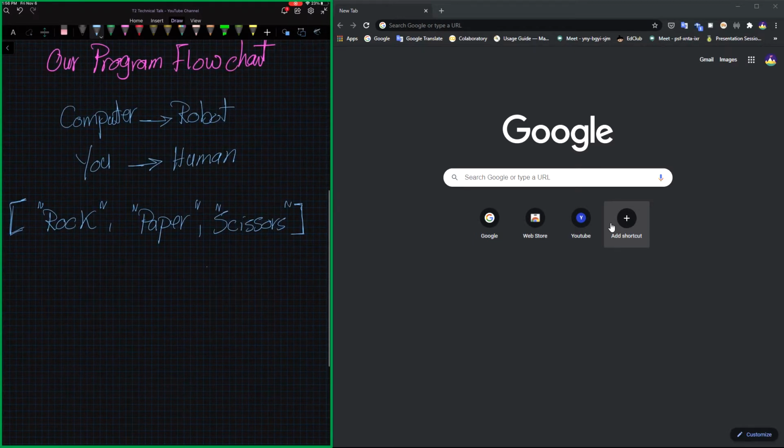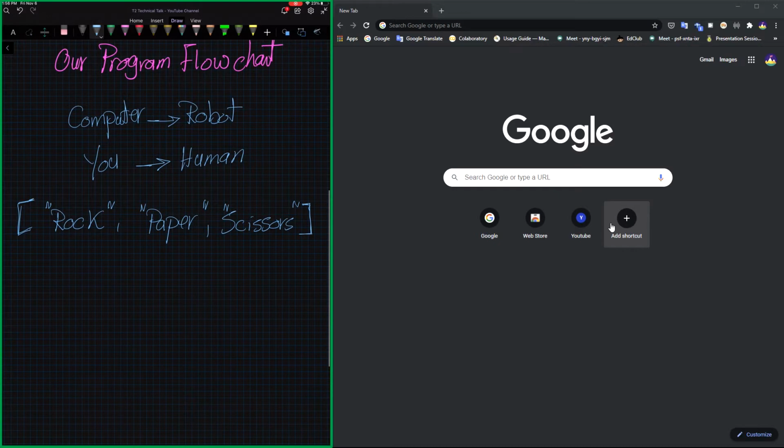Maybe this list variable will not be actively used in this program, but in future episodes, when we explain loops, we will use lists to let the computer choose automatically or randomly from the values inside. For those who don't know what list variables are, we will need to go to our previous episodes. You can find that on the top of the screen. Simply, a list is a variable that contains more than one value inside.